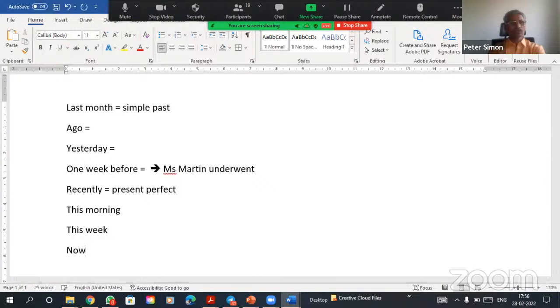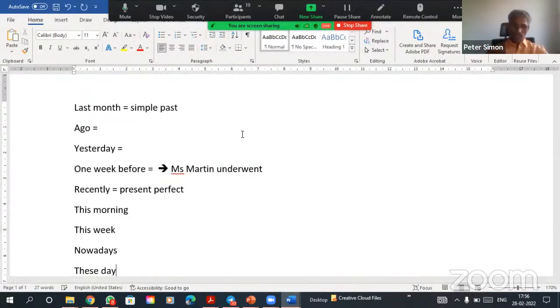Nowadays, present tense. Nowadays, these days, this and these, those days. In those days, I mean, when I was a child, those days; these days, now I'm an adult. So these means present, this means present. So then what you have to do is,